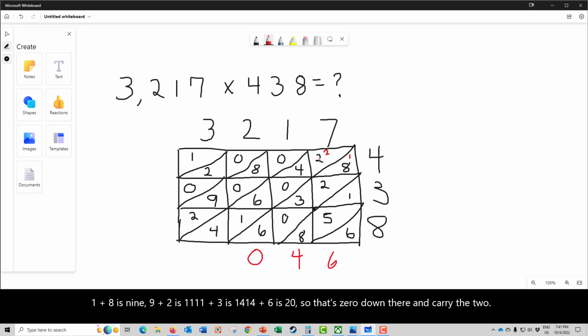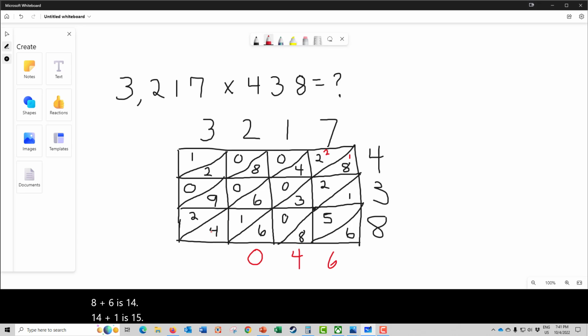2 plus 2 is 4. 4 plus 4 is 8. 8 plus 0 is 8. 8 plus 6 is 14. 14 plus 1 is 15. 15 plus 4 is 19. Carry the 1. 1 plus 0 is 1. Plus 8 is 9. Plus 0 is still 9, plus 9 is 18, plus 2 is 20. Carry the 2. 2 plus 0 is 2, plus 2 is 4, plus 0 is still 4, and then 1. So our answer here would be